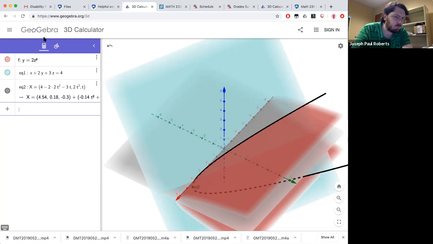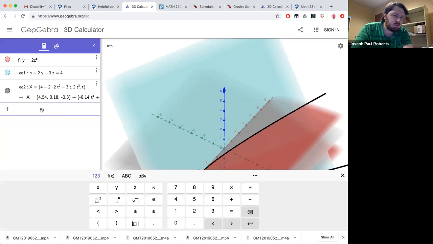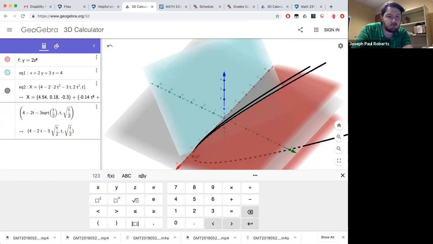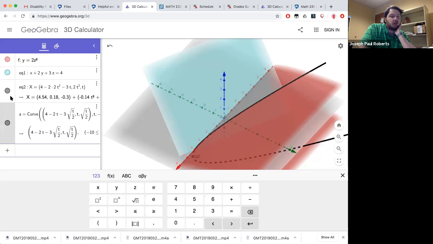So something that some people would do here would be, if you let y be t, then x is going to be 4 minus 2y minus 3z. And so if y is 2z squared, sometimes people will say then that z is the square root of y over 2, so square root of t over 2, comma t, comma square root of t over 2. So it's kind of right,